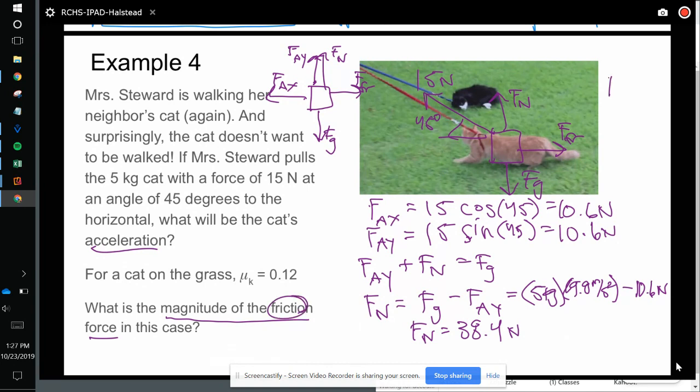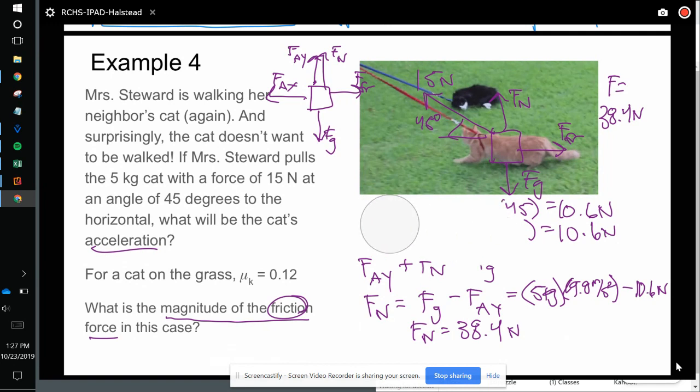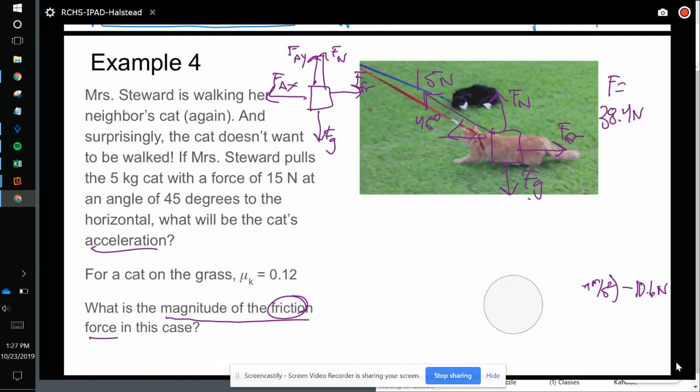So we have a normal force. I'm going to put that up here because I need to erase so I have room, 38.4 newtons. And then we're going to erase all this stuff down here so we can keep going. All right, let's see. We now have the net force is equal to mass times acceleration, because again, we're finding